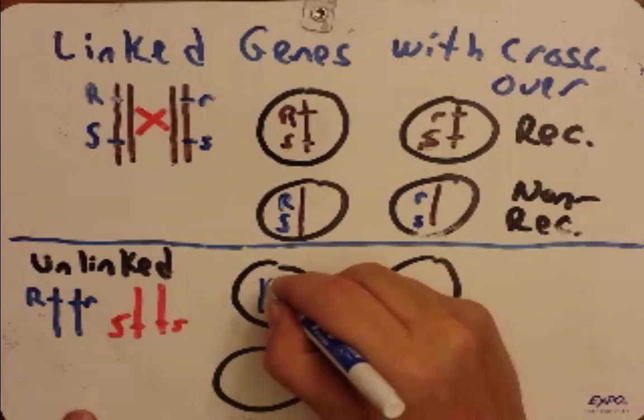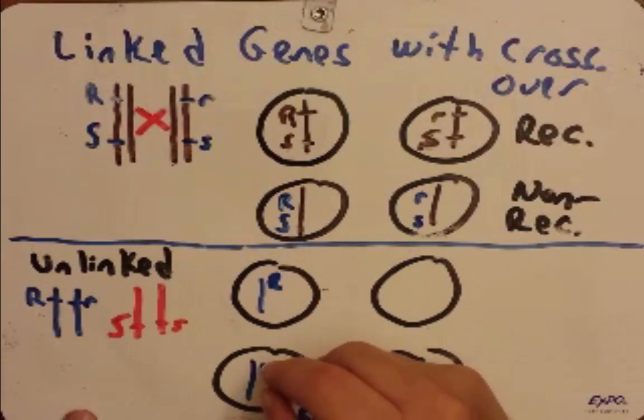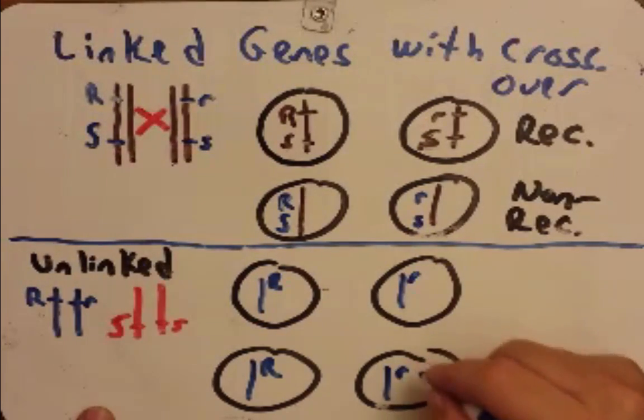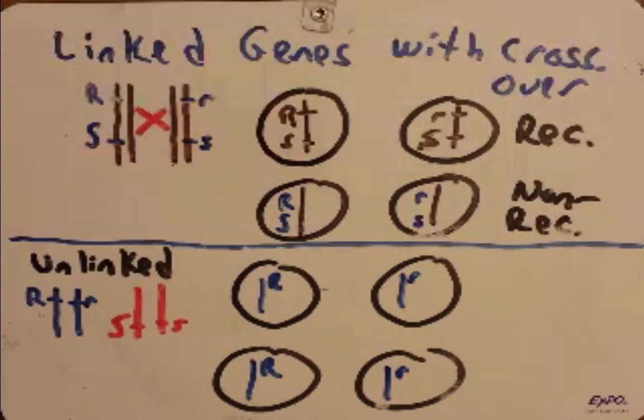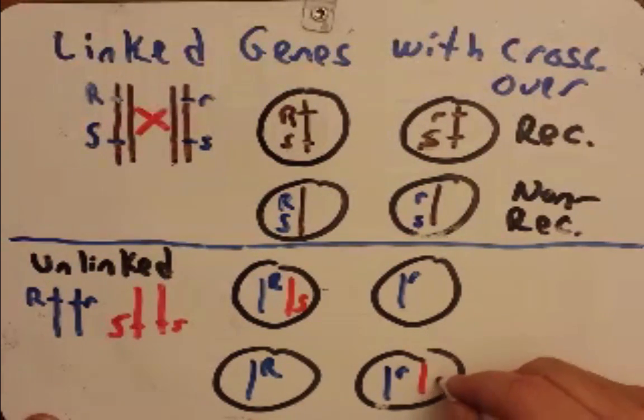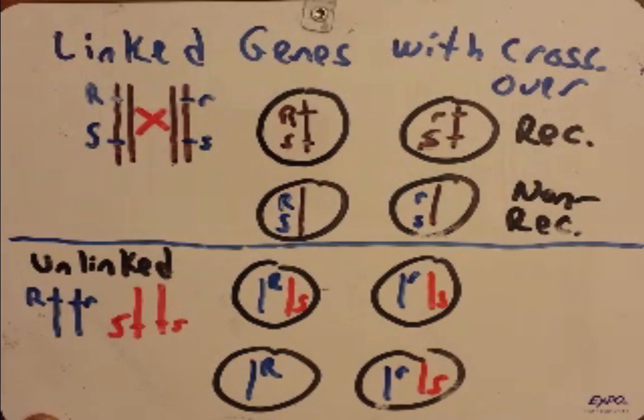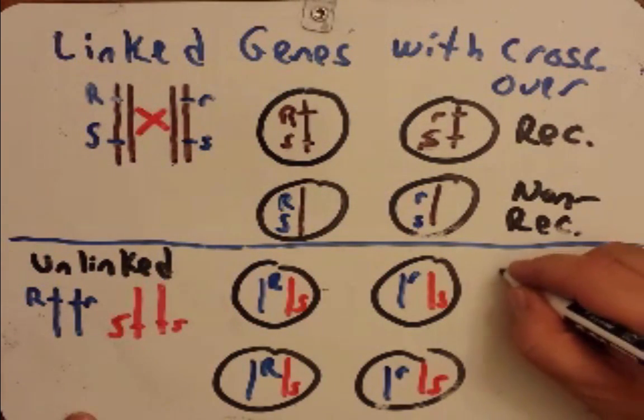You'd get the big R going into the gametes, and you'd get the little r going into the gametes. And then you would also get big S pairing with big R, and you'd get big S pairing with little r. You'd also get little s pairing with little r, and little s pairing with big R. If you notice the way I drew this, up here we have 2 non-recombinant